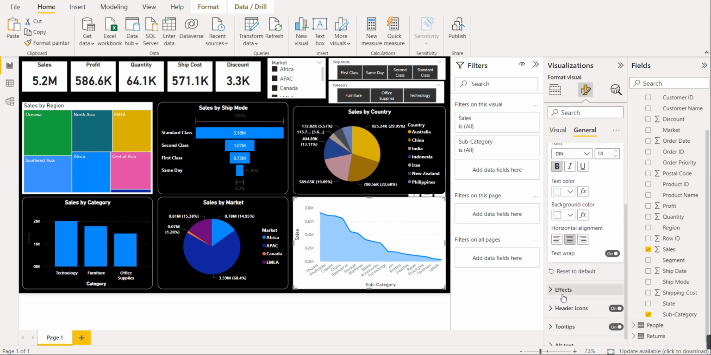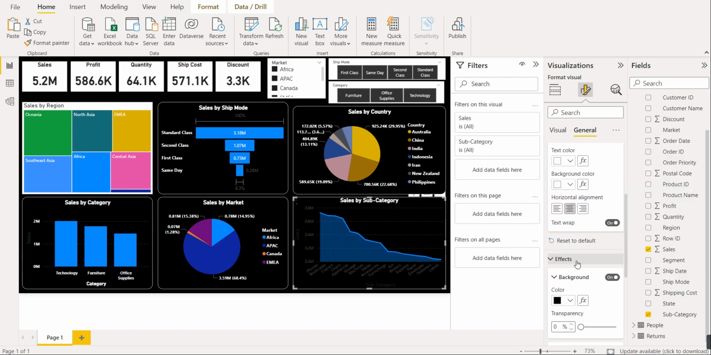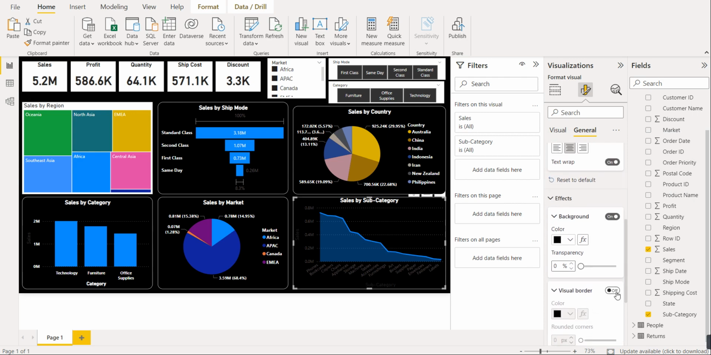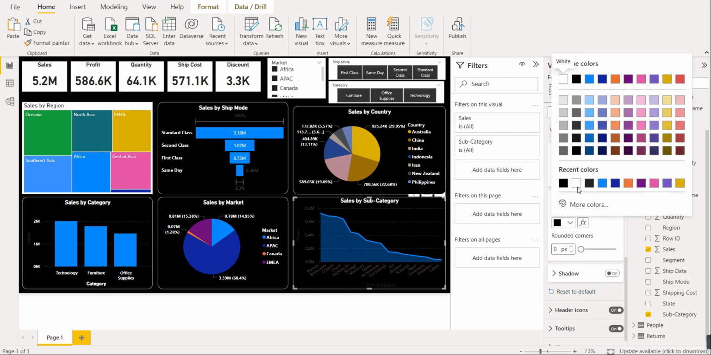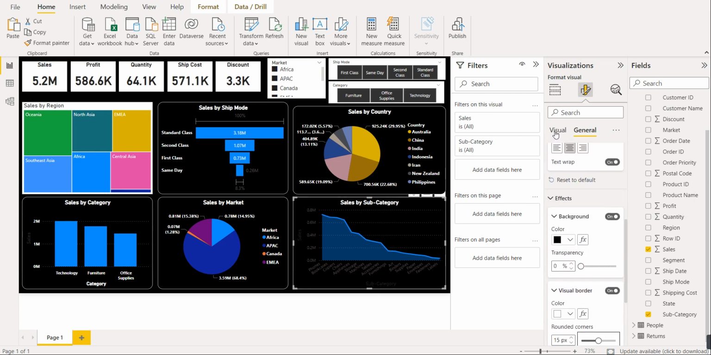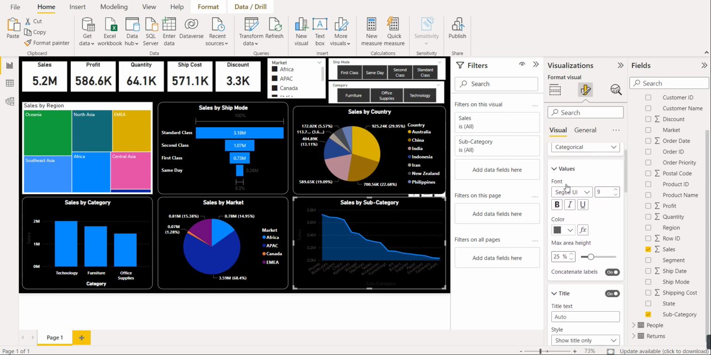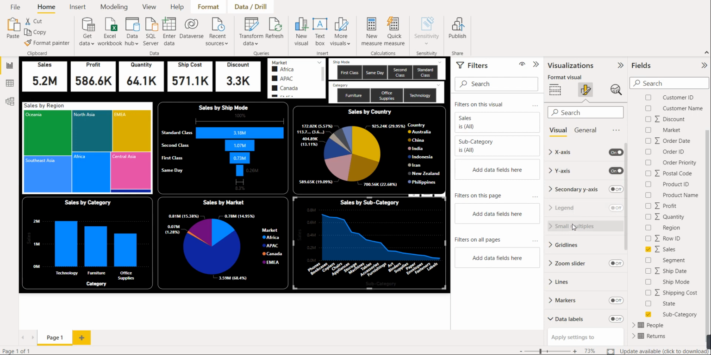After that, go to effect. Background we want it in black color. Transparency 0, we want border as well. The color of border should be white. Round corners we want, and select number as 15. Now the next thing is go to visual. So basically on x-axis bold white color. Similarly on y-axis